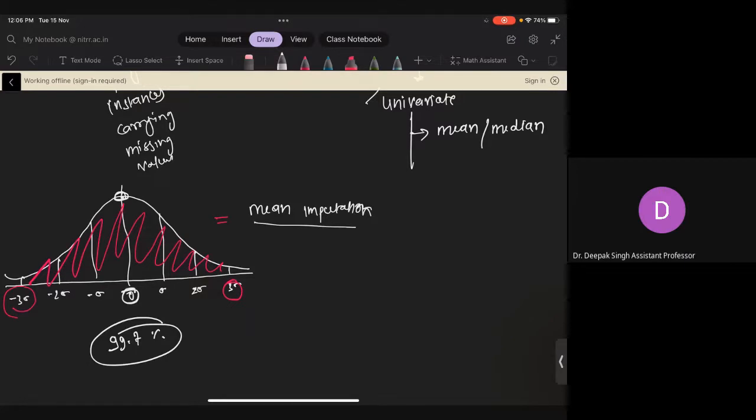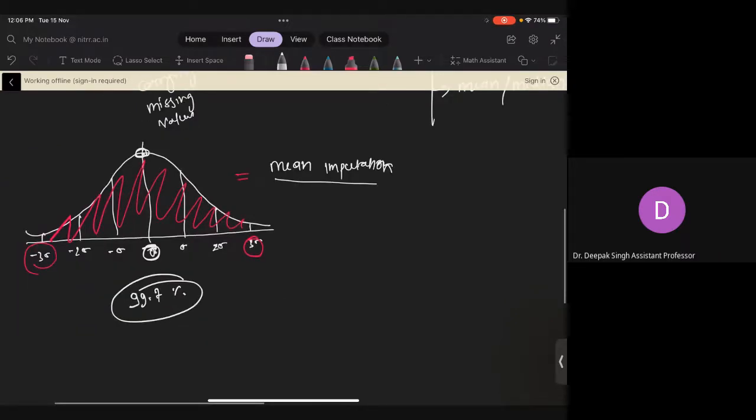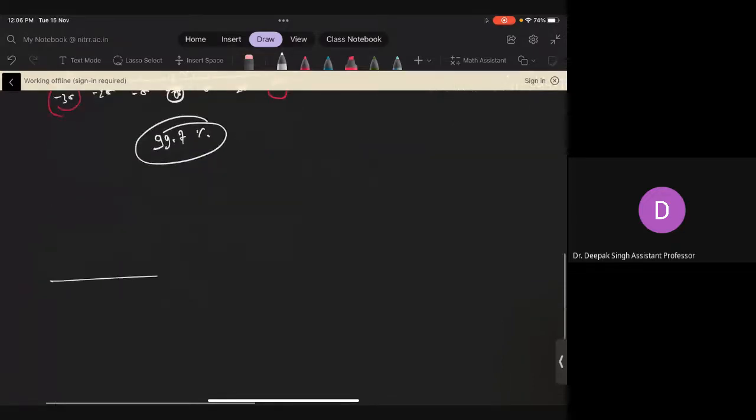Okay, ठीक है? And if it's not a standard normal curve, it means it will be a normal curve. Then उसका respective mean जो होगा, that will be filled in. ठीक है? उस केस पे क्या होगा? Mean will be something not 0 in that case. Standard normal curve में mean will be always 0. ठीक है? ये तो clear है. When to take median? When you have a curve which is skewed